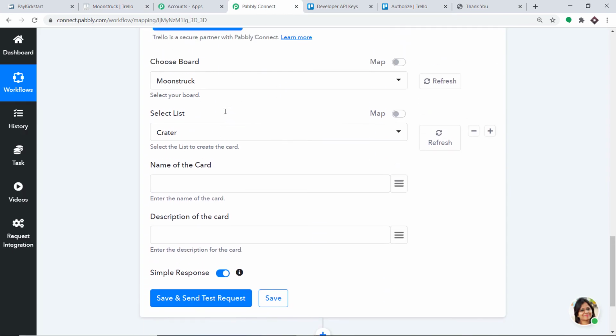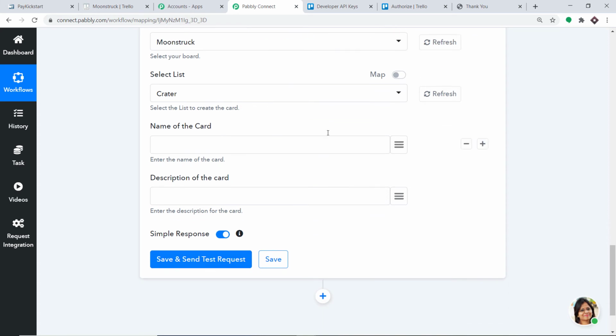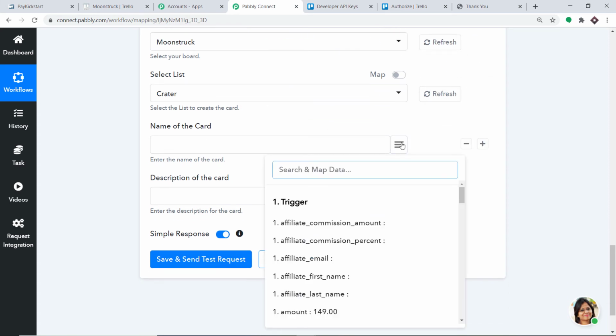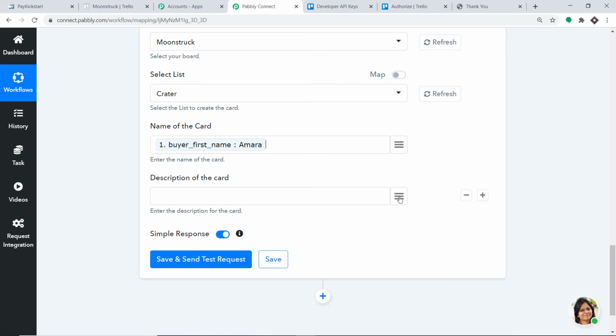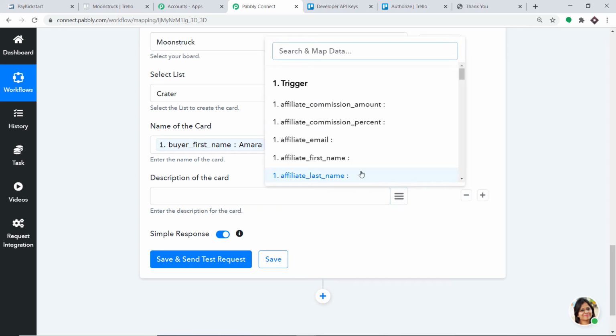So the idea is that we are going to create a card in this particular list called the creator list in this particular board, that is Moonstruck. Now in the name of the card, we are going to enter the name of the customer. The name was Amara. Now in the description, we can enter a big description. So the description can be, this person